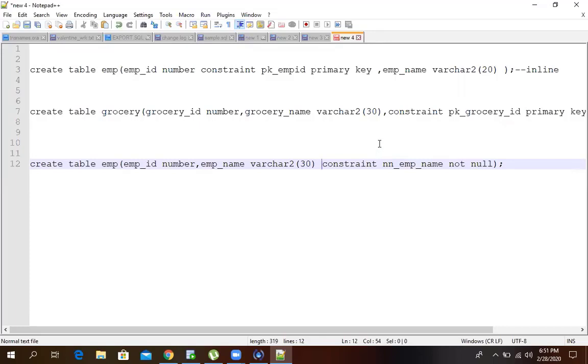What about Mason? Inline. Why are you saying inline? I say inline because here, after the constraint not null, it doesn't say which column it will apply to. So the constraint. Mason found one shortcut to identify the inline and out of line. Herman, you can also follow the same. Can you understand what Mason is saying? Mason, can you please explain to Herman so that he can quickly identify like you?